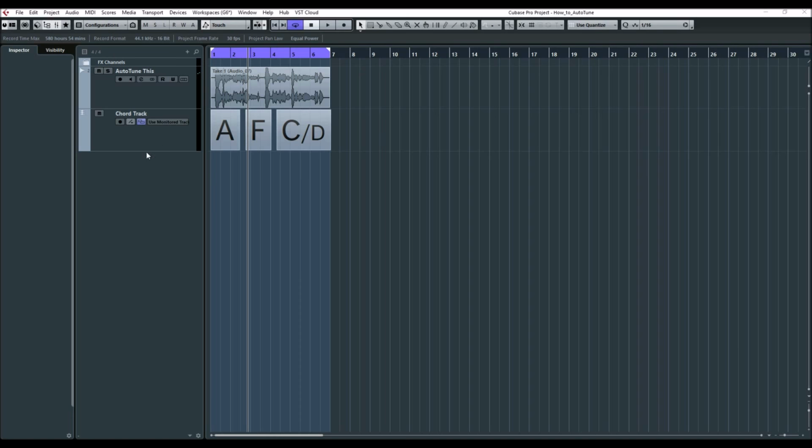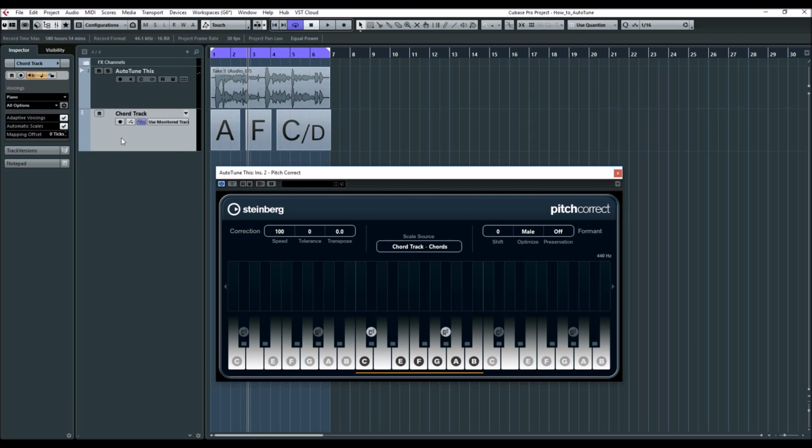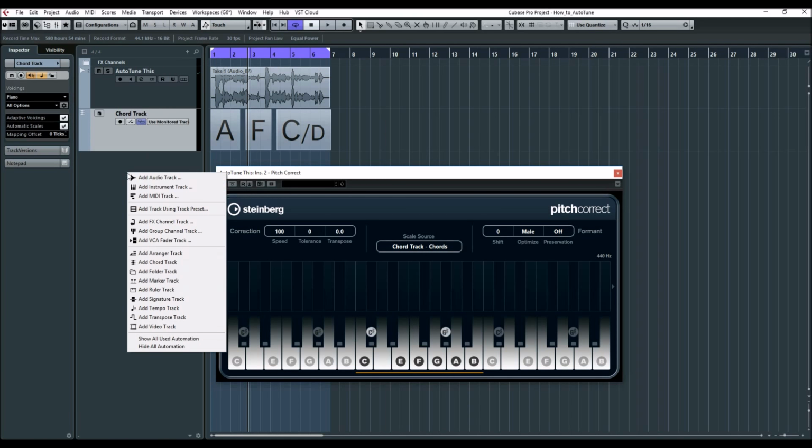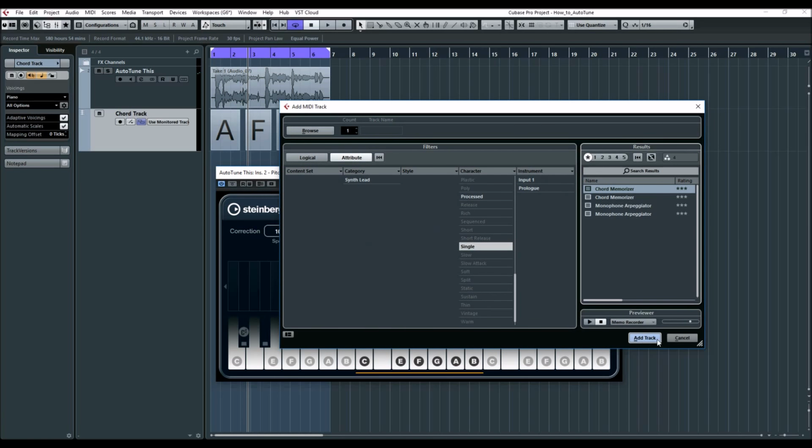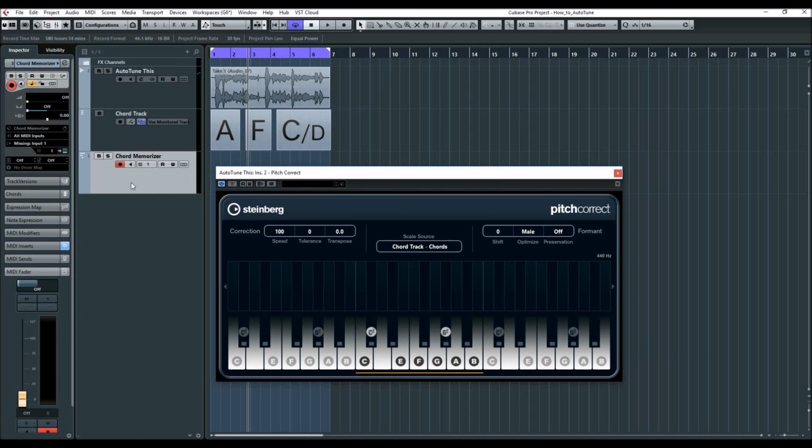So for this method, in order to use the chord track and have it applied to this audio file, you also need to create a MIDI track, and again, it doesn't matter what kind of MIDI track, and assign it to the track that has the AutoTune, this track here, right? So now, as you play this, it's going to take a look at the chords you placed here. It's going to apply those chords to the pitch correct plugin, and the pitch correct will then apply that to